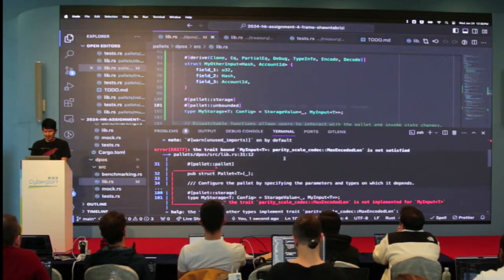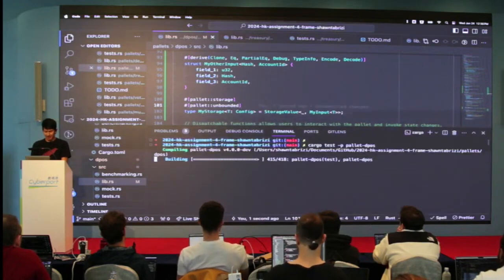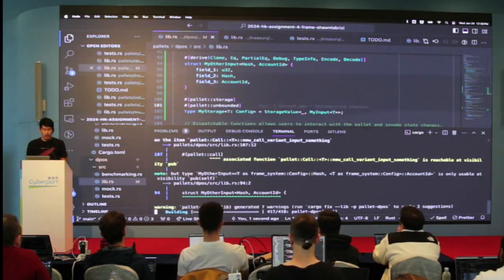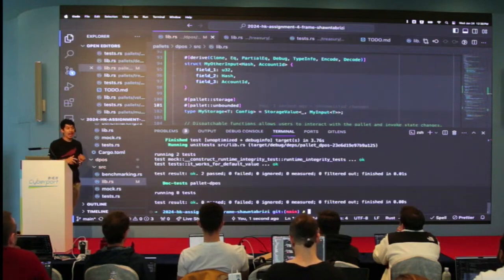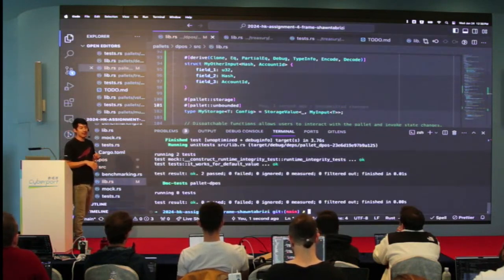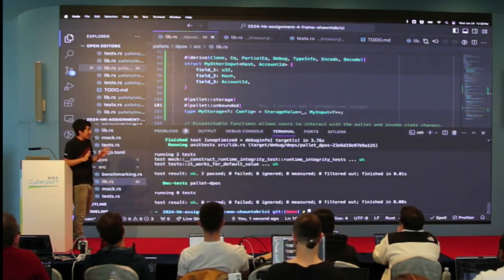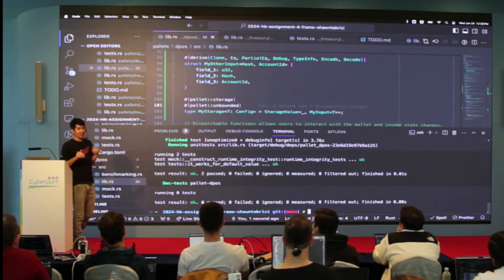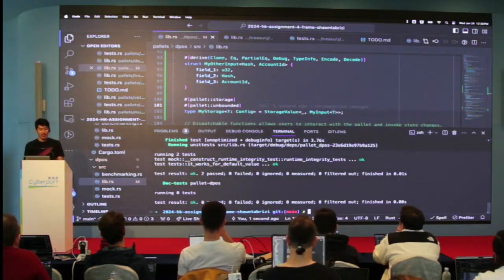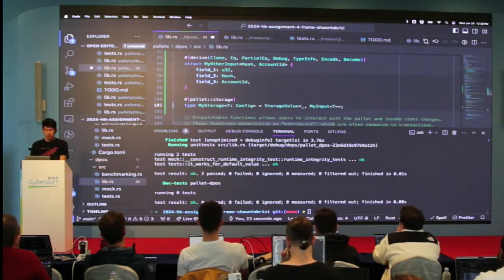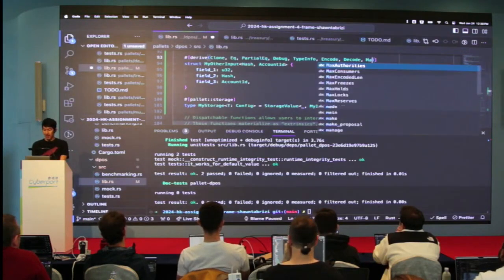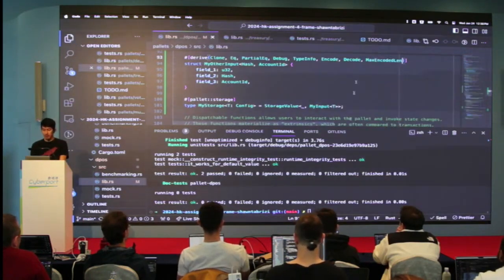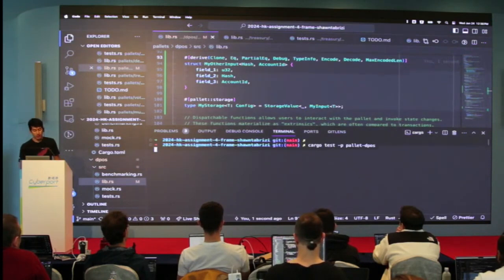You can put this unbounded and say, hey, I don't care about the length. There are a non-zero amount of times where this is correct. Not in this academy. What's better instead is you just put the max encoded length derive, and then now it will work in storage.